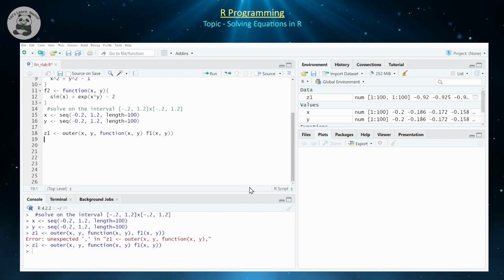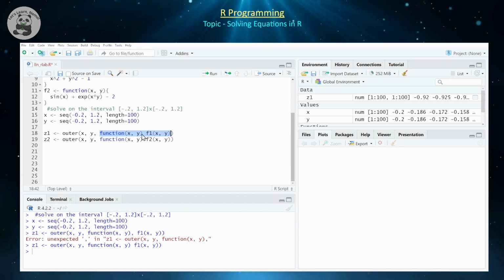So that is going to give us our first set of points, and then our second set of points, z2, is going to be the same thing, so outer xy function of xy, and this function of xy is going to be equal to fx2. So what we're sort of doing is we're defining a function inside of this outer function, but we're defining it